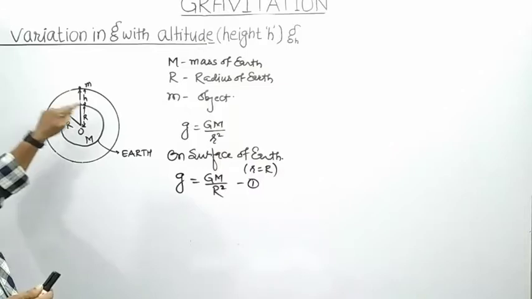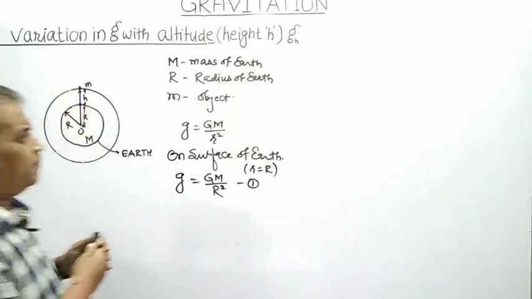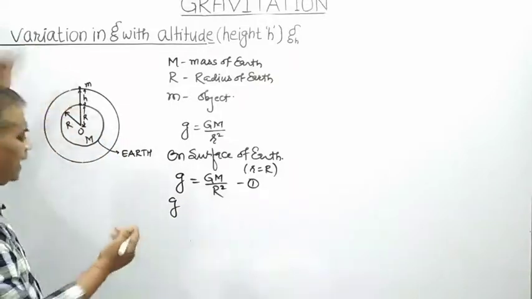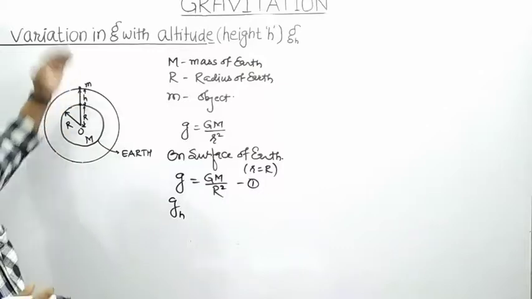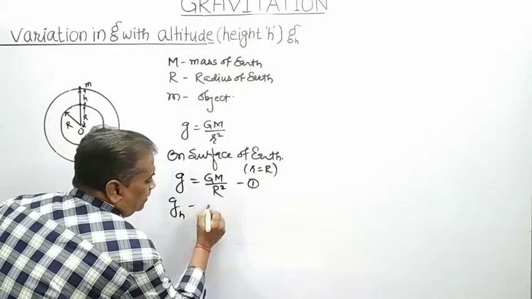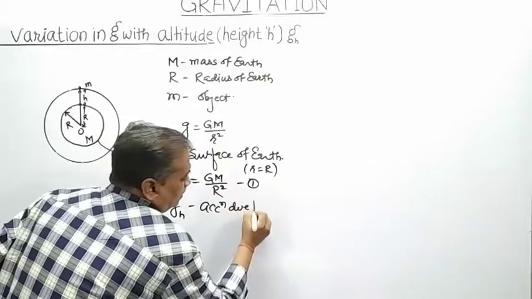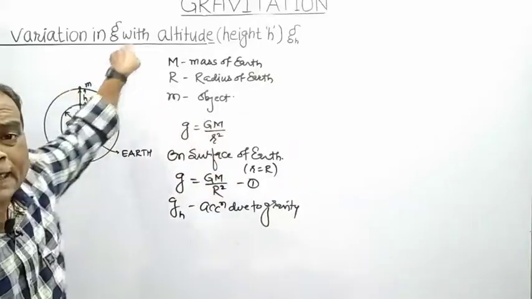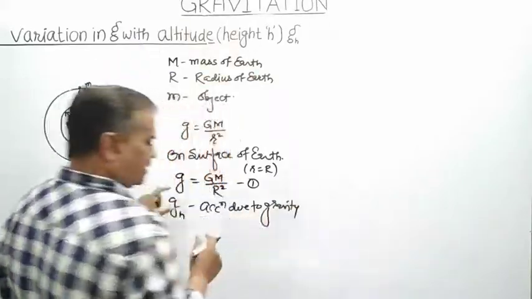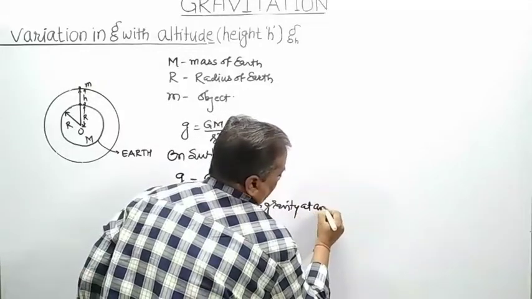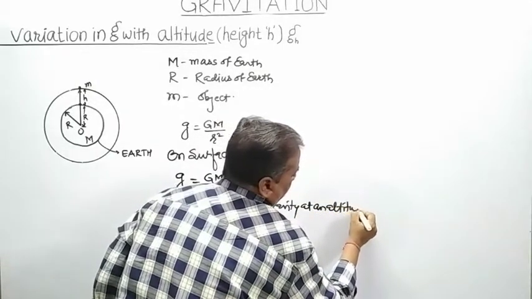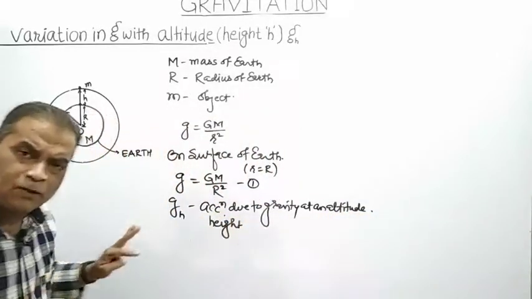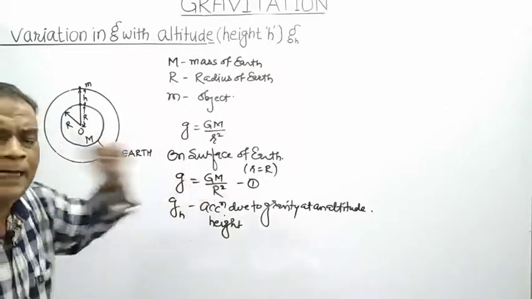When the object is taken to a height h above the surface of the earth, g_h represents the acceleration due to gravity at a height h above the surface of the earth. It is the acceleration due to gravity at an altitude. Altitude means height. So acceleration due to gravity at a height h or at an altitude h,